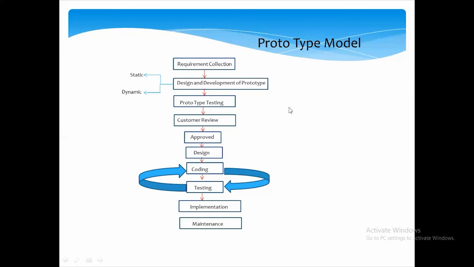The customer will review that prototype, and there might be a chance he will ask for some modifications. There will be fewer chances that he will accept and approve the prototype. But in most cases, depending upon the prototype given by the development team, he will ask for changes to the requirements. That happens in these four phases: requirement collection, design, prototype testing and